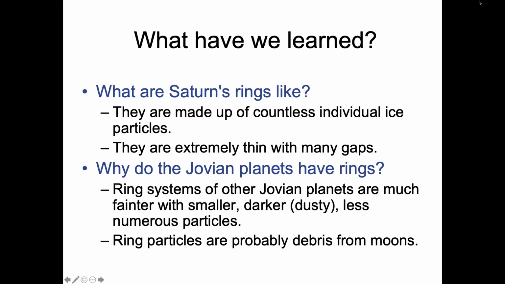And that's why even though Jupiter and Uranus and Neptune all have rings themselves, we can't really see them with a naked eye. It takes a pretty high power telescope to be able to recognize the rings of those planets, because they're small, they're dark, it's hard to see them, they don't reflect that much light, and there are far fewer particles than there are around Saturn.